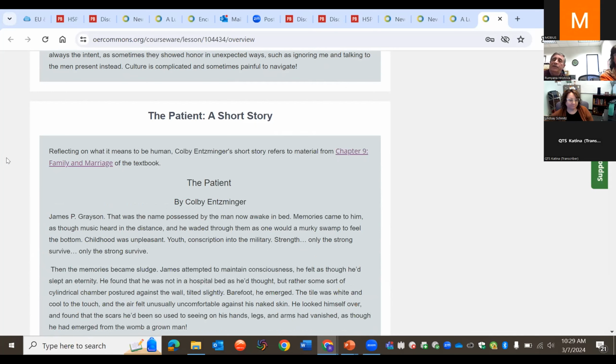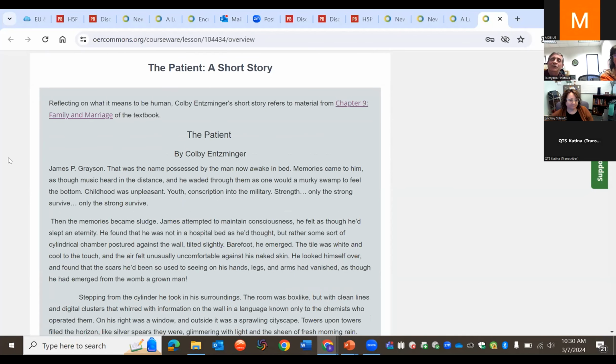Then we got on the topic of the image of God as the base of morality. And one of my students who likes to write, he wrote a short story, a science fiction story on genetic engineering and how that clouds the moral issue of the image of God in a human being. And it was a fascinating story. I enjoyed reading it. And he asked me to edit some of it for him and give him some points, and we worked together on it. And so now it's part of the module as well for future students to see what some student produced because he was inspired by the topic of the image of God in the human being.